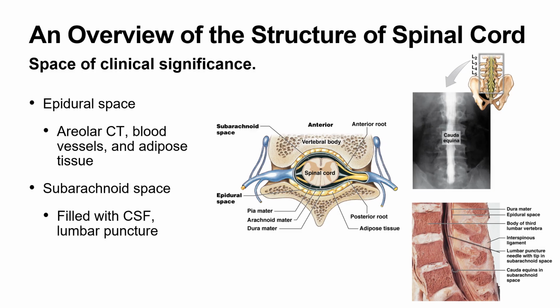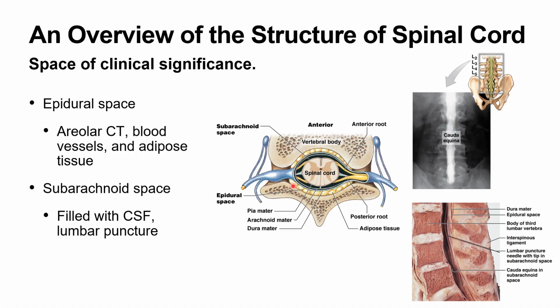When it comes to just around those meninges, we have what's called the epidural space. The epidural space is going to be found, of course, just outside of the dura mater. That's why we use the term epidural, because epi means above, so we are just outside the dura mater. The epidural space is going to be mostly composed of areolar connective tissue, blood vessels, and adipose tissue. This is going to be the area in which we actually inject an epidural injection when we are talking about needing the use of different painkillers to help with controlling nervous signaling above and below different areas of the spinal